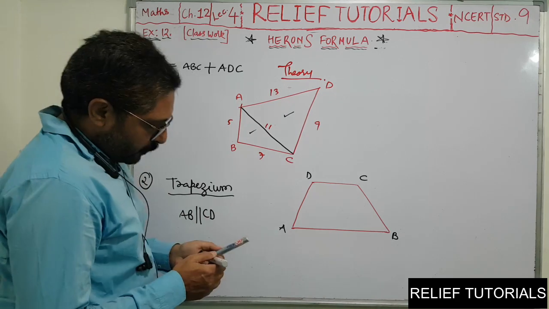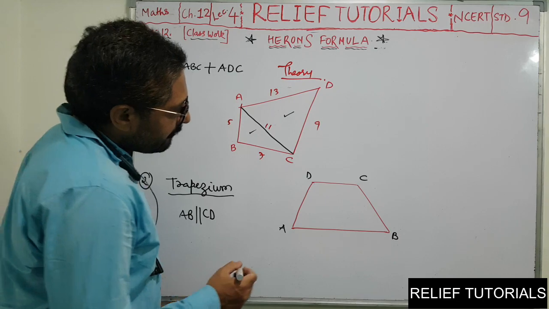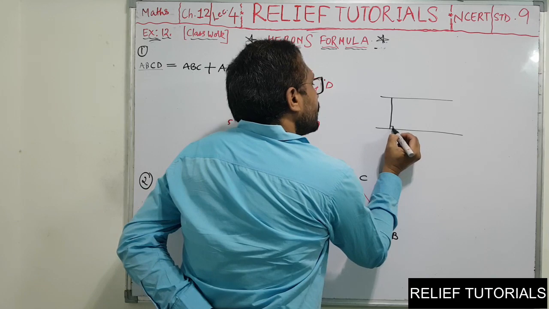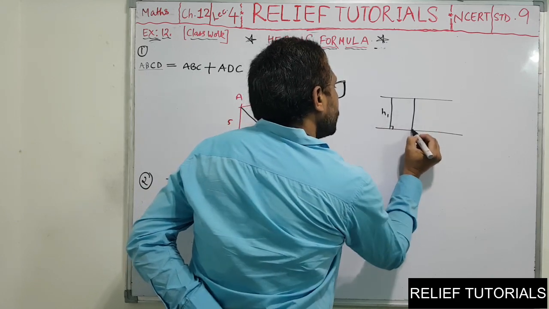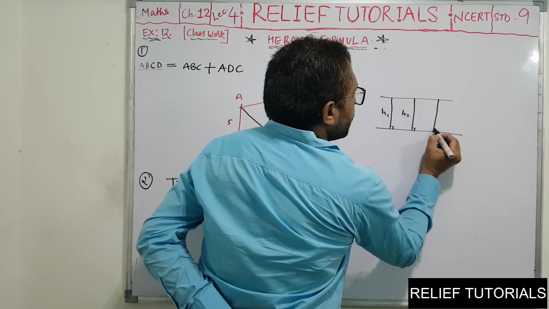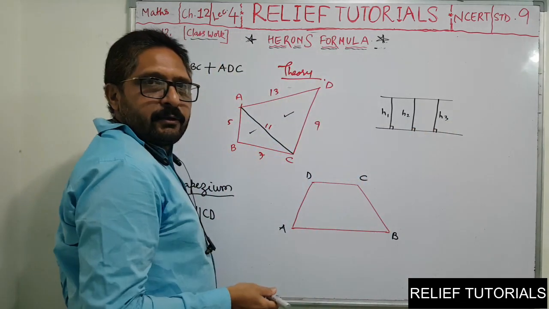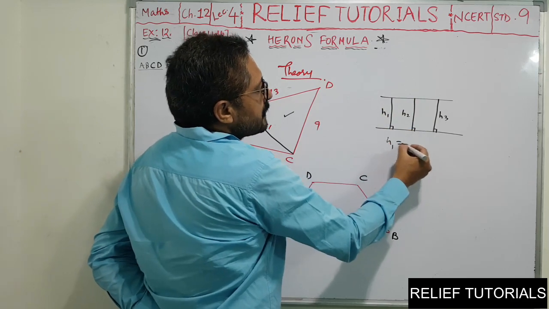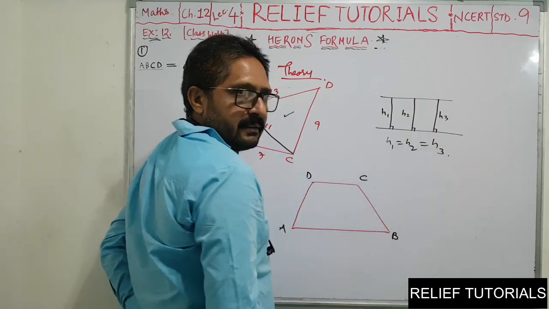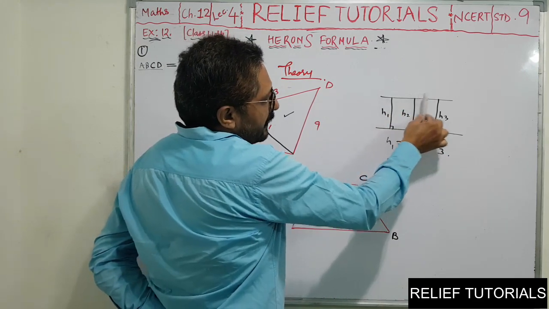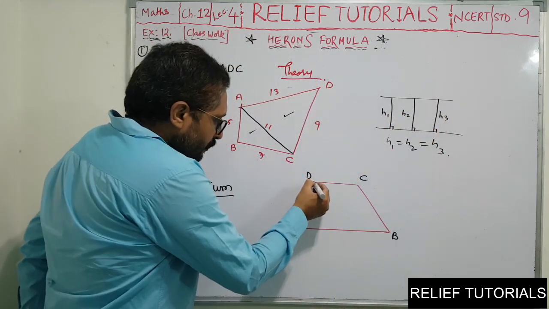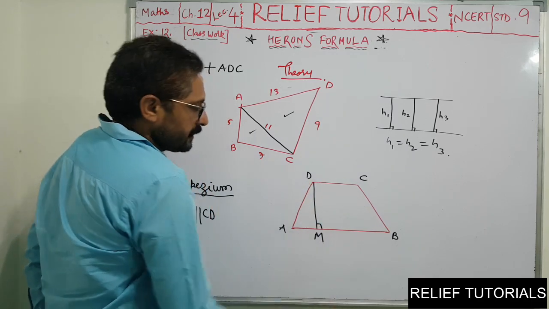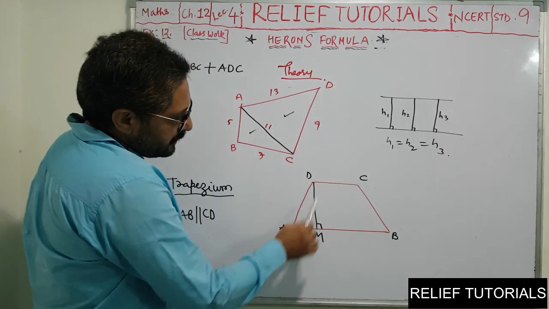Okay. And if you want to see what is the distance between these two parallel sides, you have learned in lower standards, if I draw parallel lines, then if I draw a perpendicular, I'd say this is h1. Here I draw this perpendicular h2, this perpendicular h3. So in this case you might be knowing that all these are perpendicular distances between two parallel lines and they are always equal. So h1 is equal to h2 is equal to h3. So the perpendicular distance between two parallel lines is always equal. So here if I draw one perpendicular, see this DM, this is perpendicular.